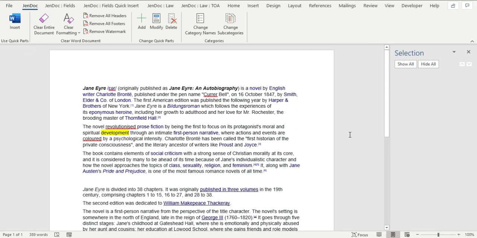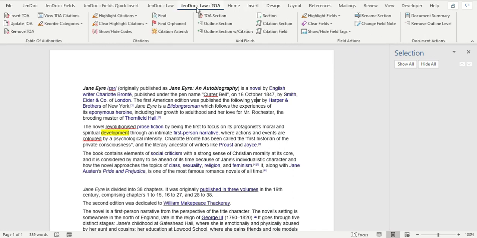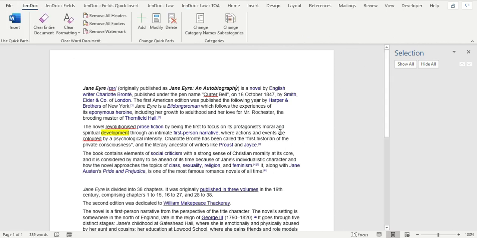So that's it. That's the JenDoc system, the basics in a nutshell. And I'm going to be making some categories to show you about the fields capability, the law, for the legal symbols, sequential numbering, pleading paper, and the table of authorities, which has a whole bunch of functionality. So I'm very interested in any feedback that you have,